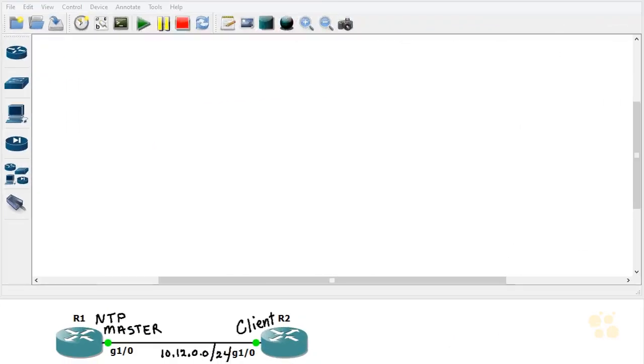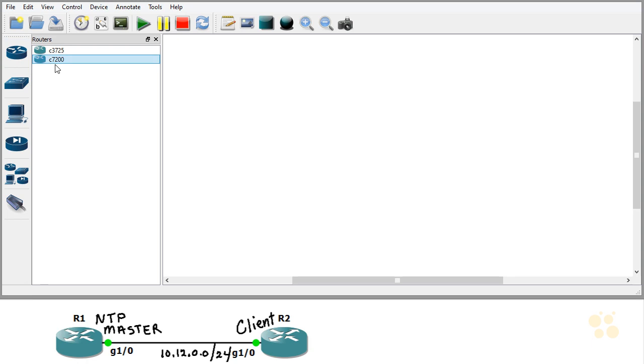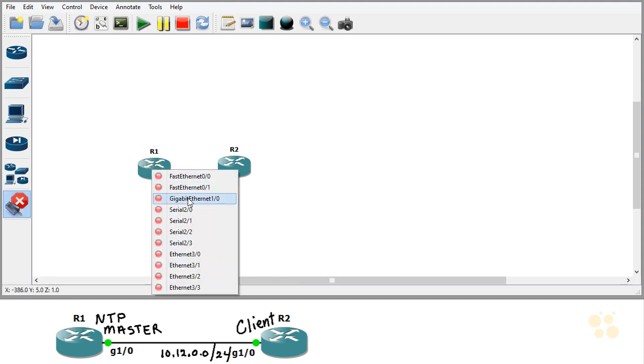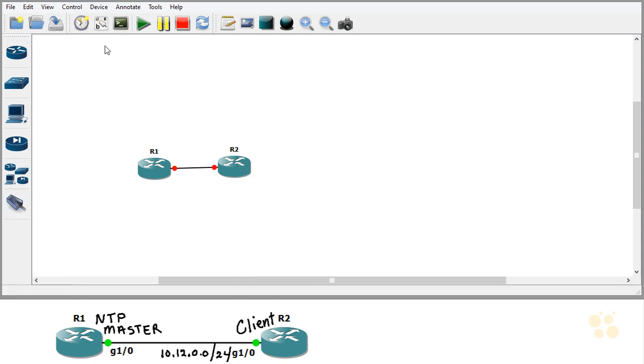So let's build our topology here in GNS3, and I'm chuckling a little bit because with just two routers, it's only going to take a few moments to build this. So there's R1 and R2 that we've brought out. Let's connect them together on their gig 1/0 interfaces. We'll turn on the label tool so we can go ahead and see those labels. Then we'll start those routers with the start icon,